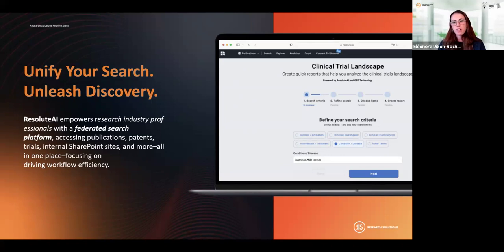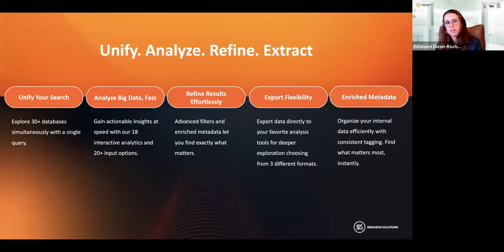This type of search, so if you want to go to the next slide, Heidi, brings a whole load of benefits, which means that you're searching across everything. You can then analyze it. Like I mentioned, we add that metadata, which means that you can look at all of those different